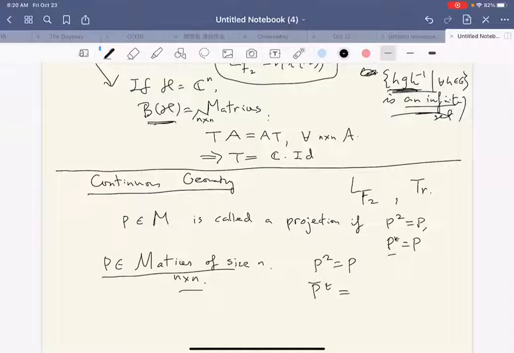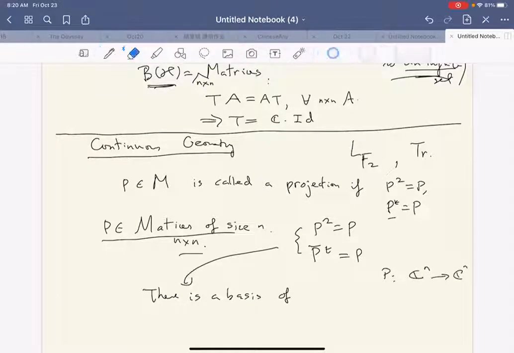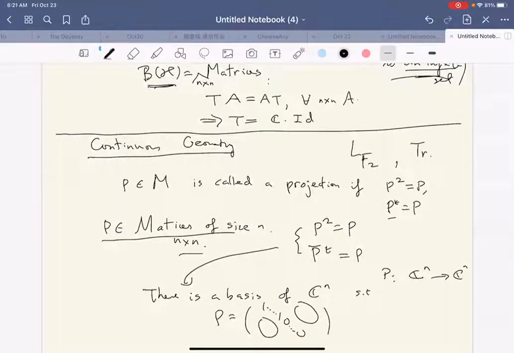From basic linear algebra, you can see that for this P, we think of P as a linear map from C^n to itself, and there is a basis of C^n such that P looks like a diagonal matrix with ones or zeros on the diagonal,